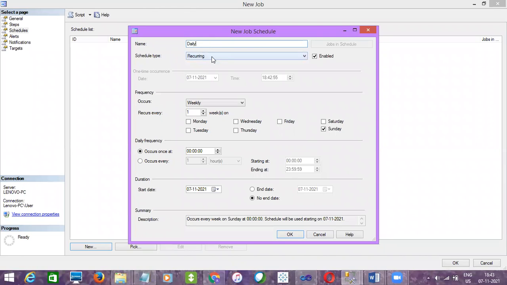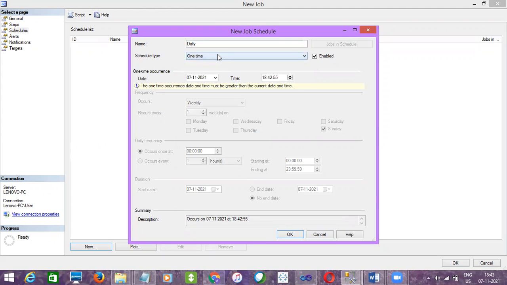And the schedule type. If you scroll down and drop it down, you can see these options, right? I'll just select recurring, which means every day I should run it. Recurring means continuously, right? Or if you want to run it one time, you can choose one time. All right.